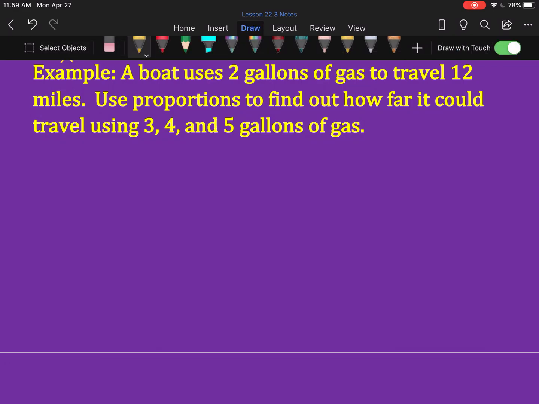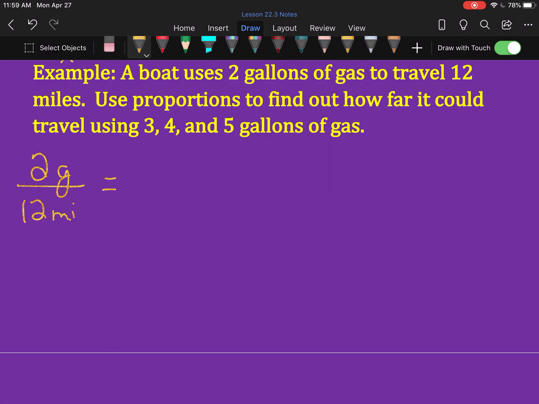Next example. A boat uses 2 gallons of gas to travel 12 miles. Use proportions to find out how far it could travel using 3, 4, and 5 gallons of gas. Okay. So what we want to do here is grab what we know, which is 2 gallons gets us 12 miles. And that's going to be equal to,